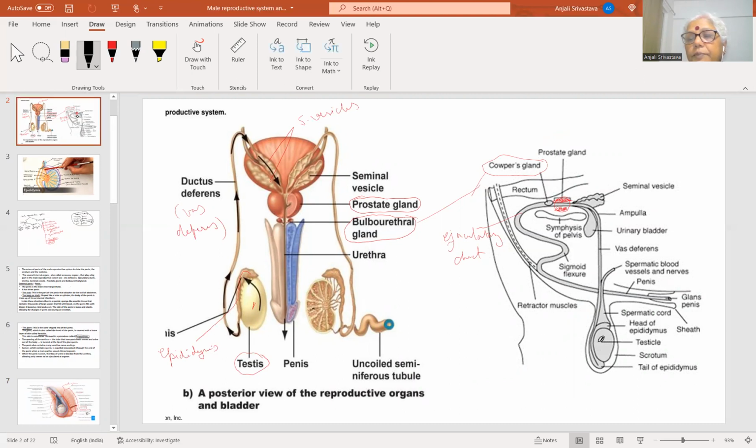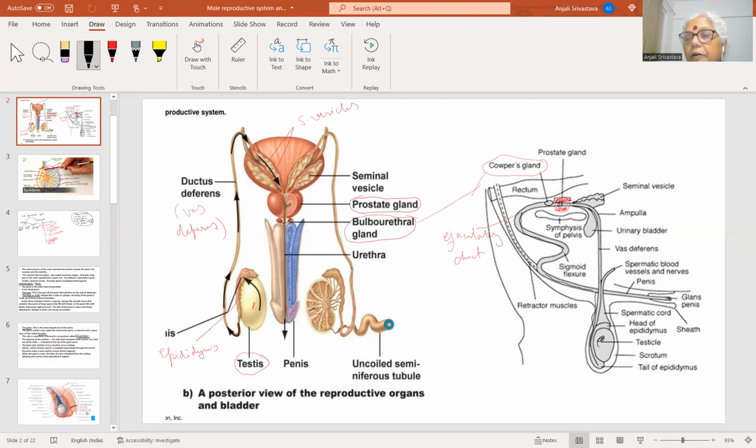यहाँ पे जो spermatozoa produce होता है वो epididymis से pass होता हुआ vas deferens में आता है. यहाँ पे सब mix करते हैं, semen बनता है, उस semen में spermatozoa होता है जिनको motility मिलती है इन सारे glands की secretion से. And now that